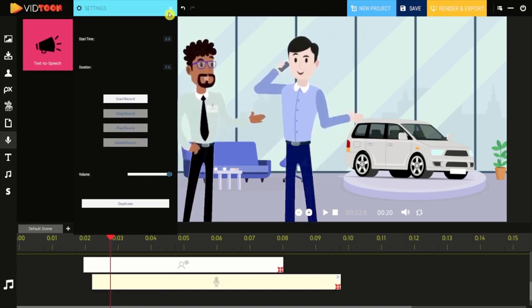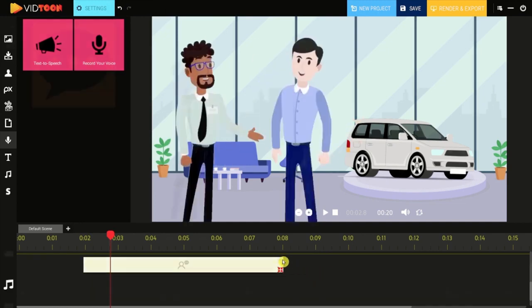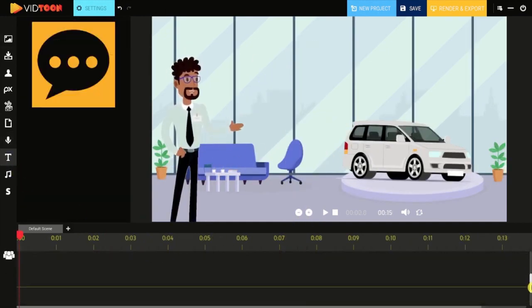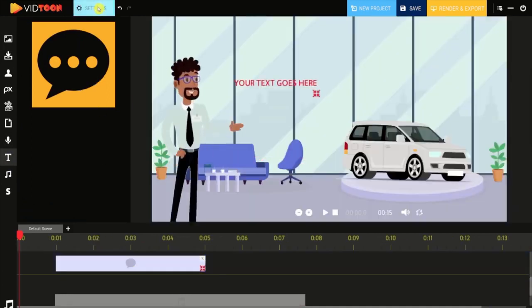Maybe you don't want to add voice to your story, so you can also use text or even both. For adding text, you simply need to drag and drop the text icon into the image track. Then go to Settings,